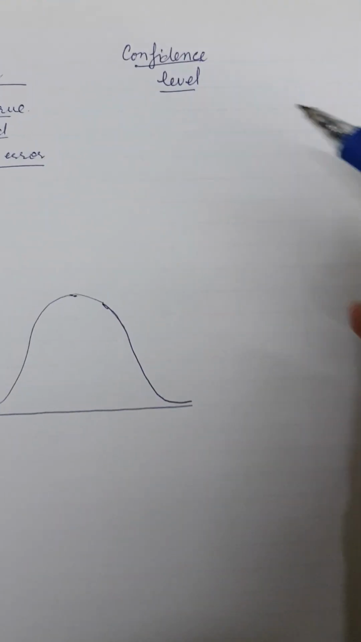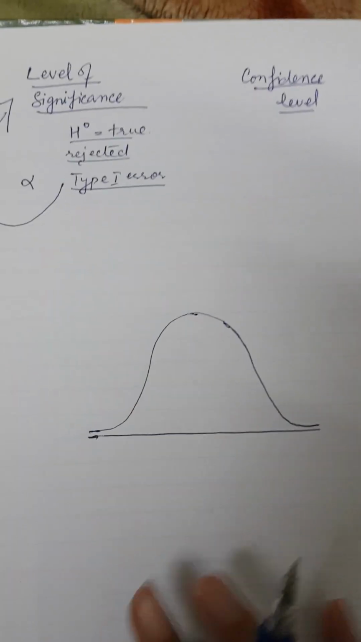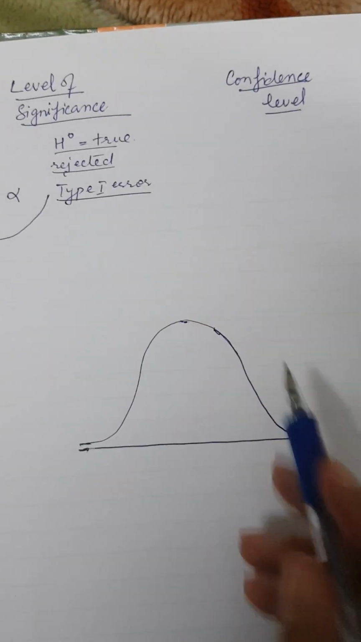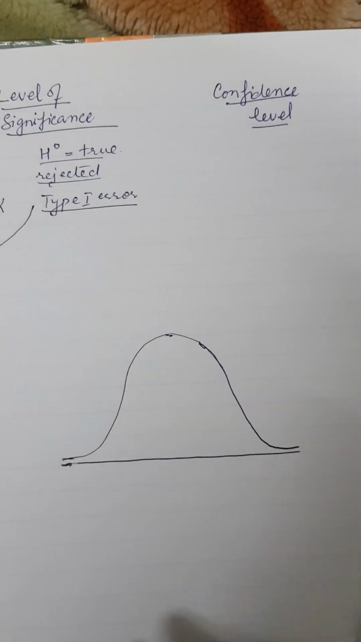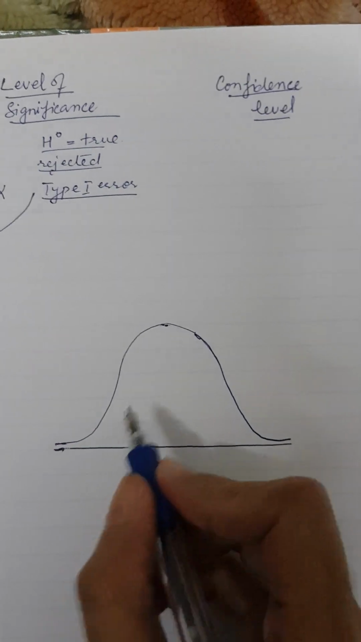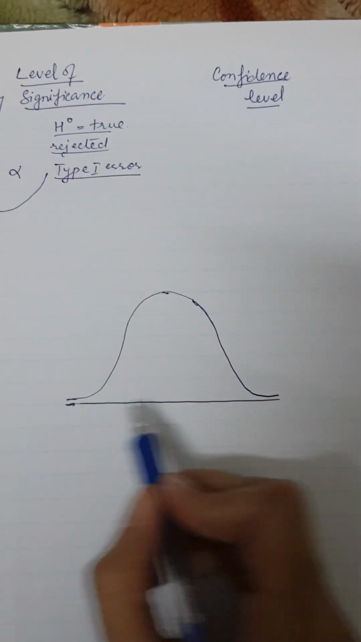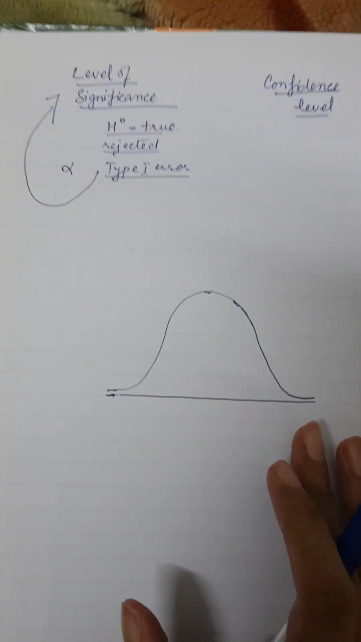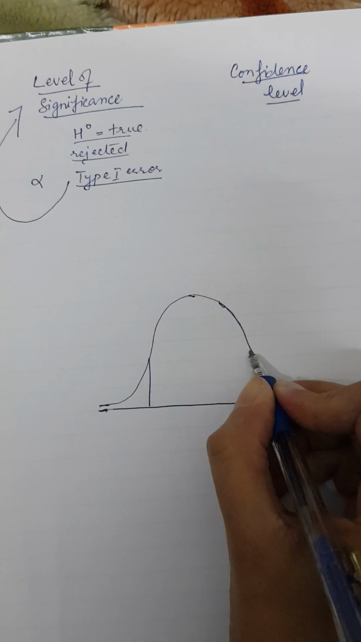And now what is the confidence level? First of all, this is a bell-shaped curve. I have tried my level best to make it bell-shaped, and if you think that it is not, I say sorry for that, because I cannot make it more precise than this. Now, if we assume that this is a normal distribution curve, a Gaussian curve, here it is